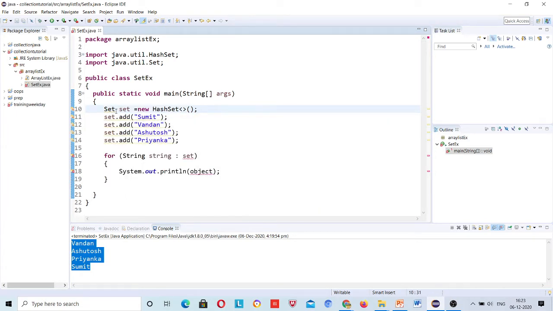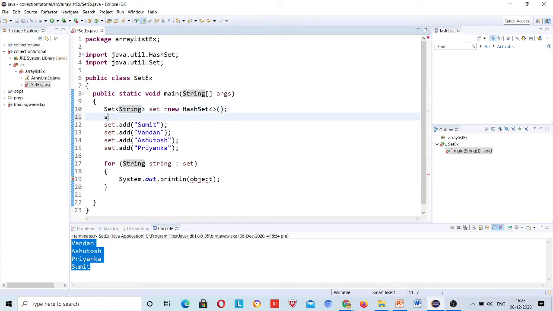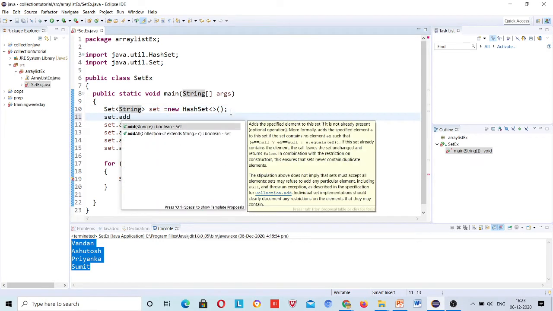Here you need to provide String. What I did is tell it that I am adding a String, right? So if you want to add any new value here, you can see add String E, right?